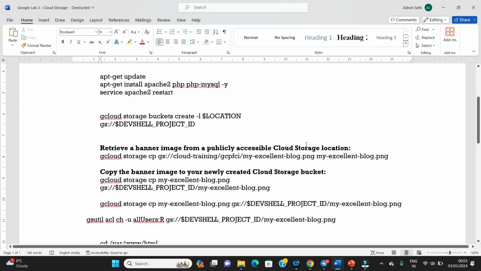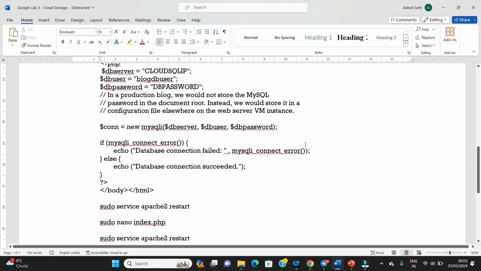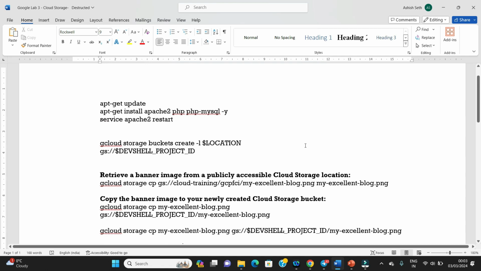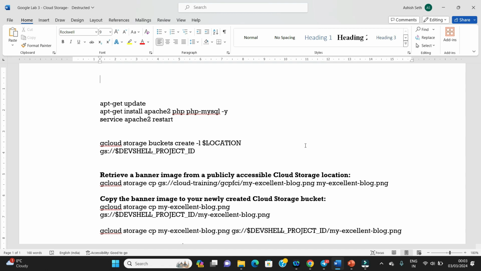So you can see some of the commands that I have already prepared, which are going to be used in this lab. For example, we are going to create one virtual machine, and then we are going to install Apache into it. So we need to update, we have to install Apache, and then we have to restart a number of times.